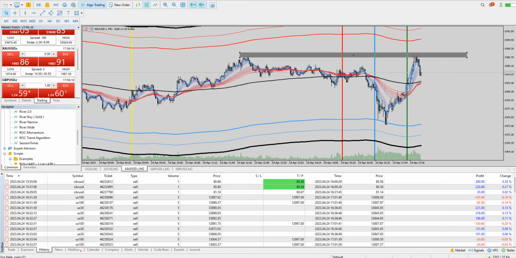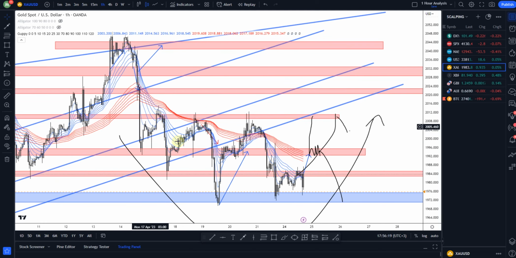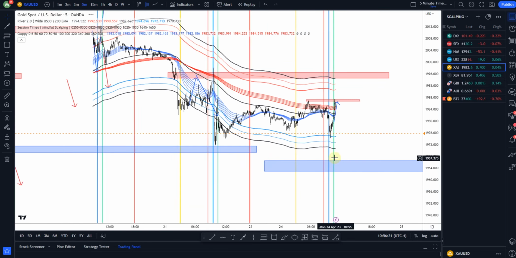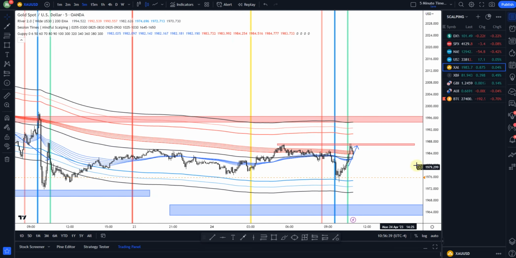My thesis was that it's been coming down for pretty much the past while. We have been in a downtrend, but it was sitting in this demand zone, and it changes direction at the open. Whether it's down or up, that's what it does. The US Open, it changed direction. Yesterday it was down. Today it was up. The day before that it was down. The day before that it was up. And so just riding off that pattern,